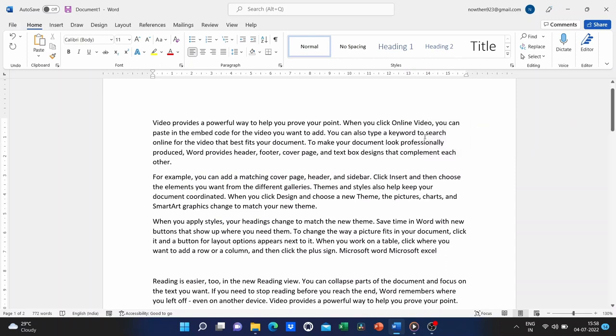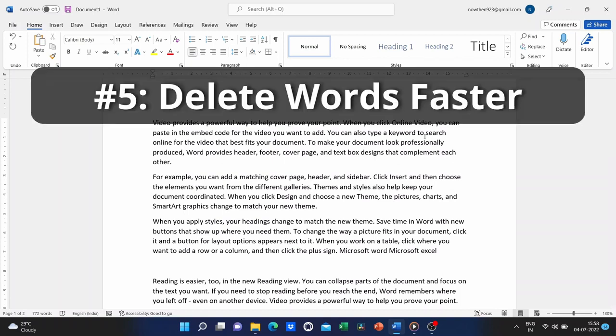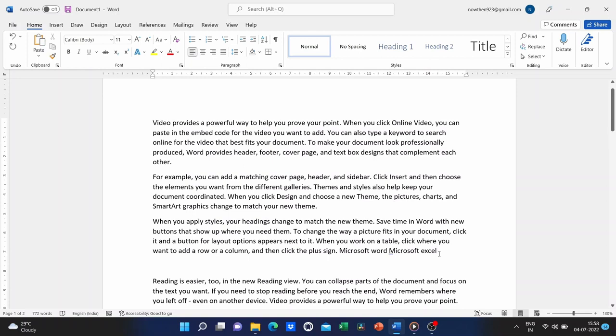My next favorite Microsoft Word hack is that you can delete words faster than just pressing the backspace key. So certainly, I could just tap backspace, backspace, backspace, hold it, and eventually it will delete this sentence if I wanted to. I'm going to undo that only to demonstrate a somewhat quicker approach to accomplish the same tasks. So I can hold down the Control key on the keyboard and tap backspace instead of just pressing backspace again and again.